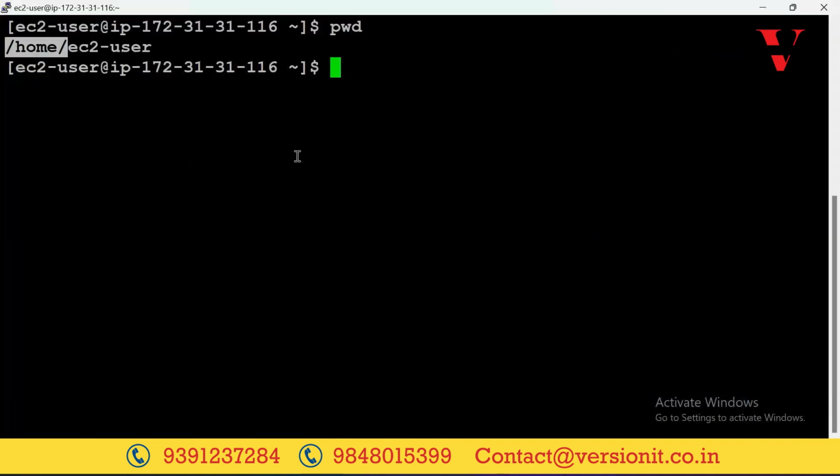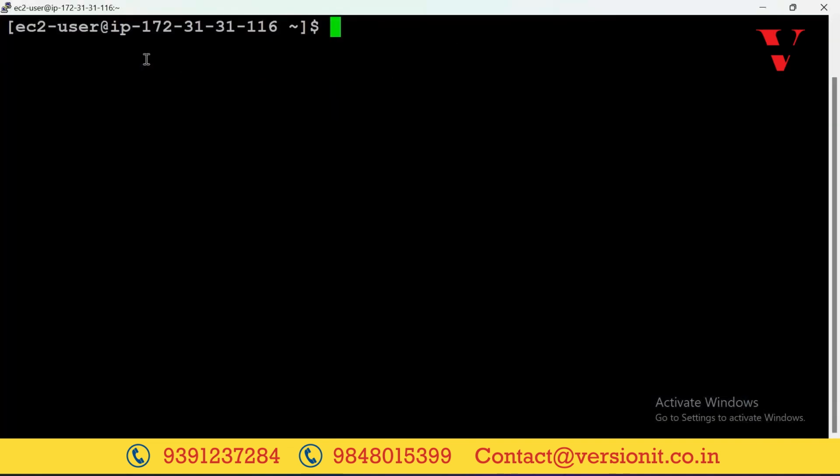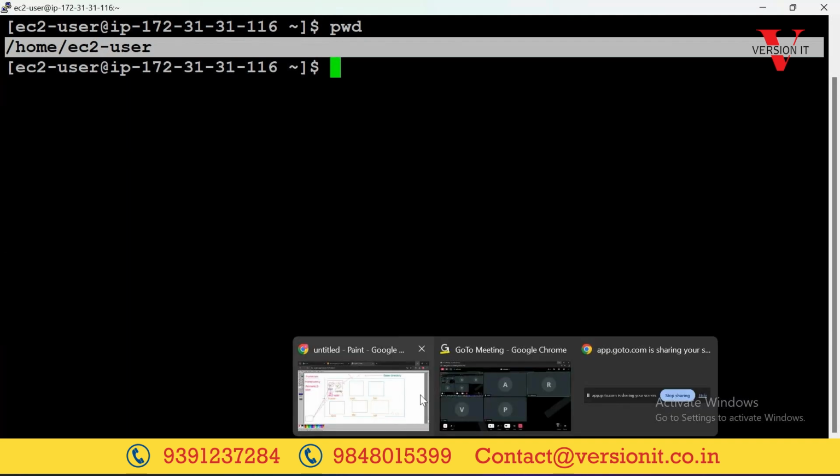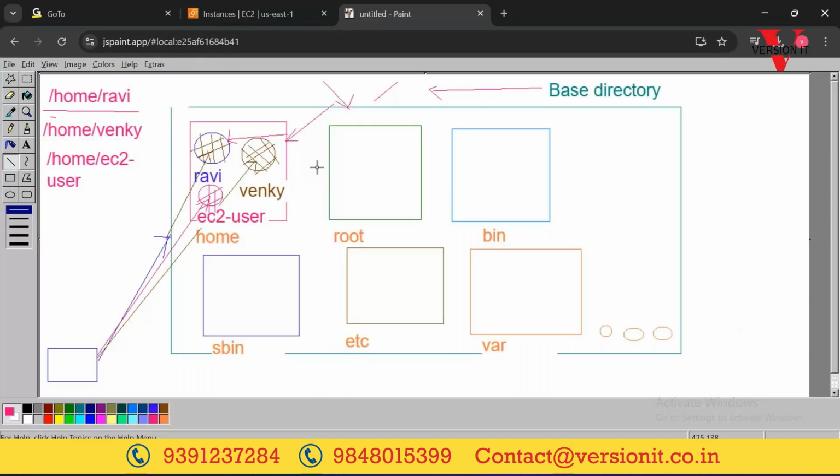Okay, right. So now see, I entered pwd. I logged in as EC2 user. I entered pwd. Now what I have got? Slash home slash EC2 user. That is how you will be reaching, right? First slash, the base directory, from base to